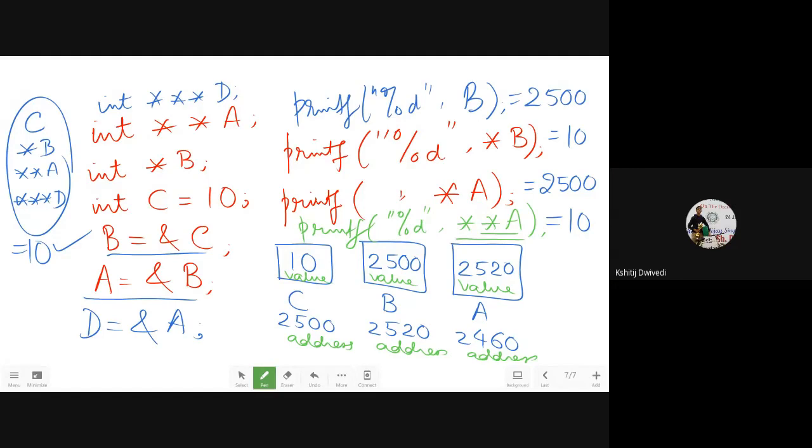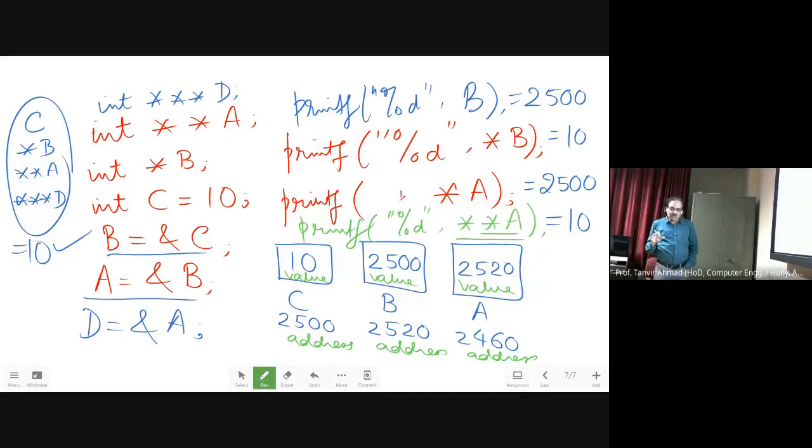So if we declare a 3D array, we can declare it as int star star p of 3. I can declare it two ways. I will declare int star star a of say 5. Otherwise, you can use one more way, which is a little confusing: int star star star a. That also I can declare, but it will be a little confusing because you have to visualize that in another way. I will show you both of them in the next class. I can use star star a of 5 one way, or I can use star star star a.